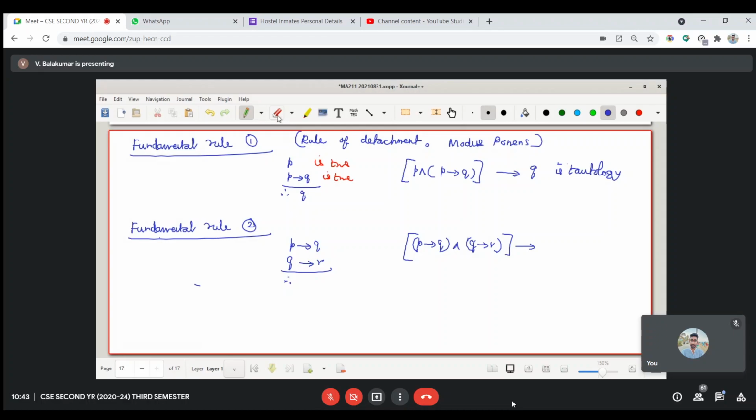Try for that. This is called the transitive rule, or law of hypothetical syllogism. These are names for that.